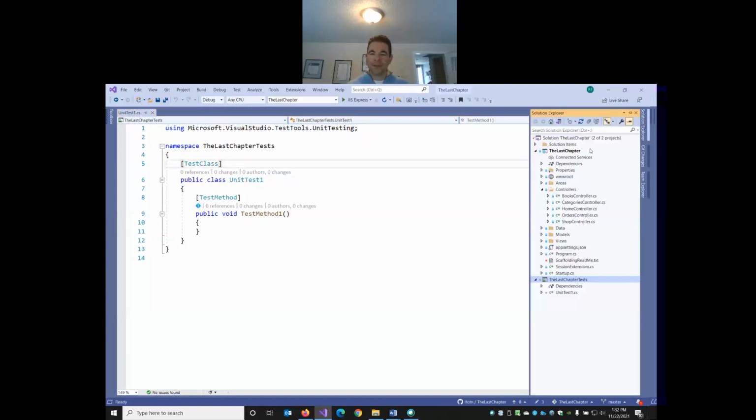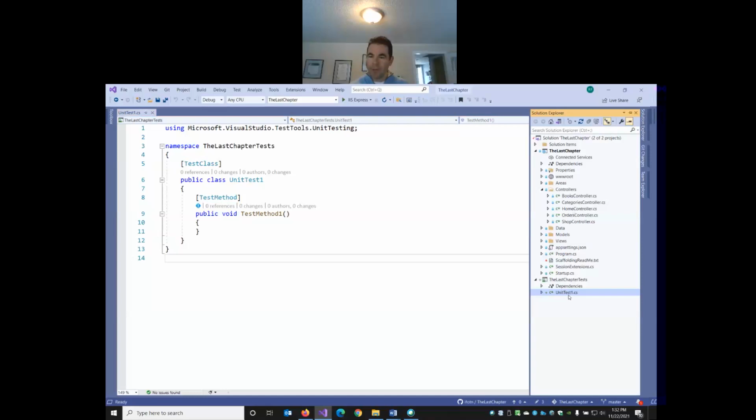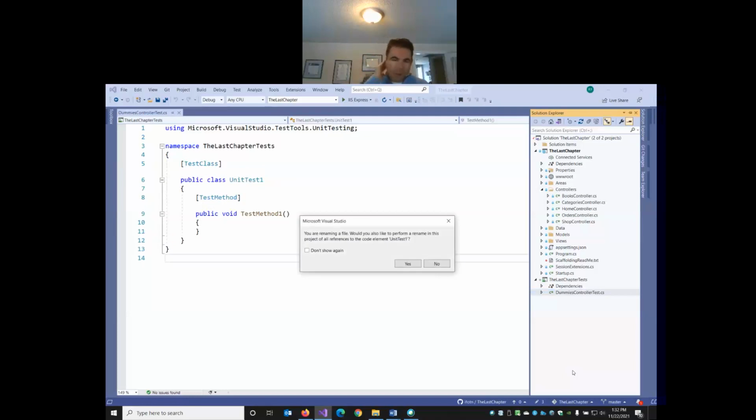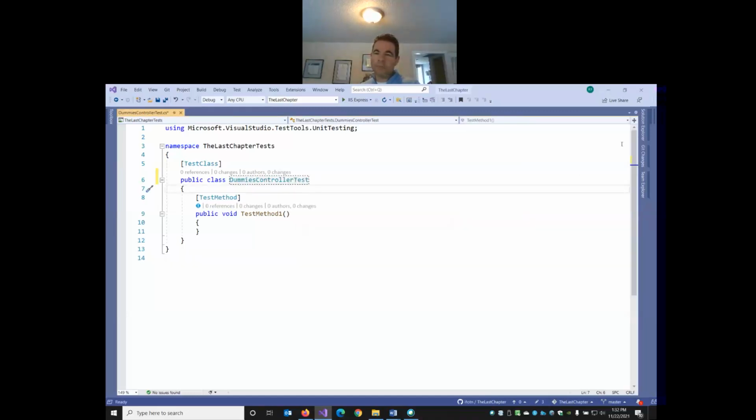Now I'm going to refactor this. I'm going to rename this. So in Solution Explorer, I'm going to right-click my unit test 1. I'm going to rename it to home, I'm going to call it dummy controller test. And then it asks, do I want to rename all the references? I'll say yes to this. So that's going to change my class name